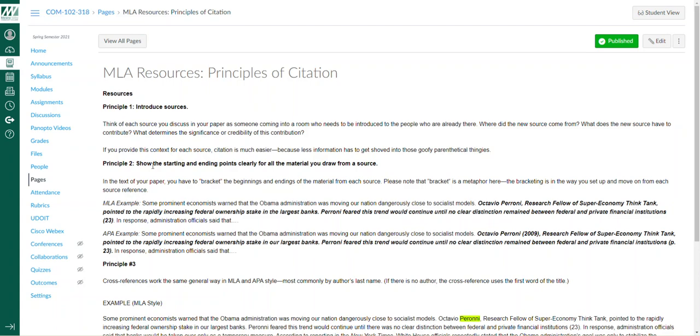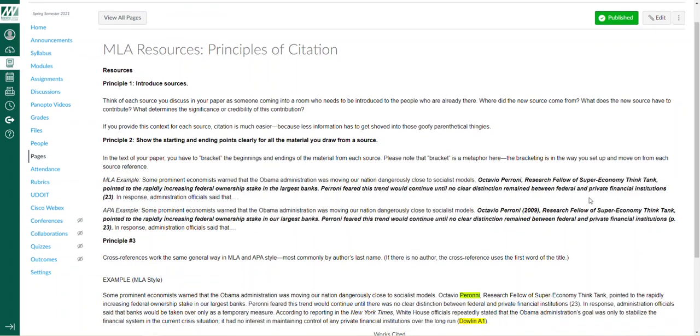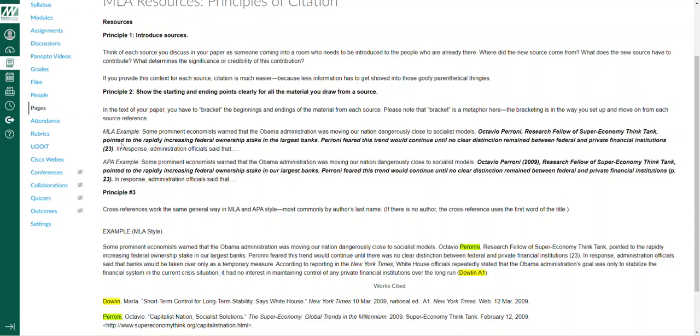So you have to show also principle number 2, the starting and ending points clearly for the material you draw on. We as the readers and as instructors need to know where a speaker starts, okay, and ends, and then where you pick up and where you leave off for a specific source material. So here is an MLA example right here.